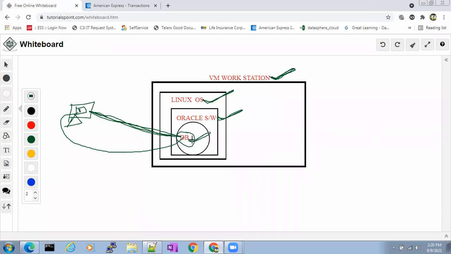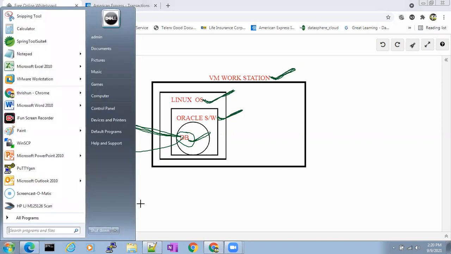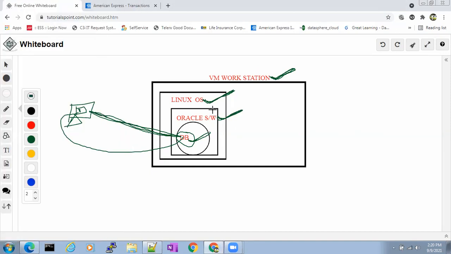So in order to create a database, first of all, we need to have Oracle software. In order to install Oracle software, we need to have an operating system like Windows. We have a Windows operating system in our laptop, right? In the same way, there should be an operating system. It could be Windows, Linux, or anything. And as I said, we work on Linux operating system because of security purposes. Almost 90% of the companies are using Oracle databases on Linux operating system. So we will learn Linux only.